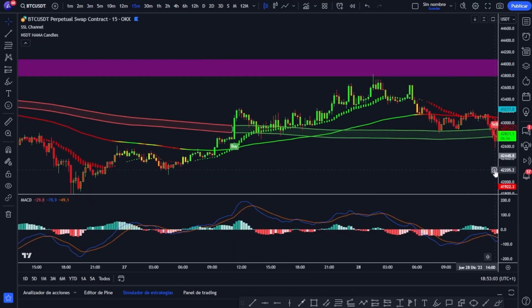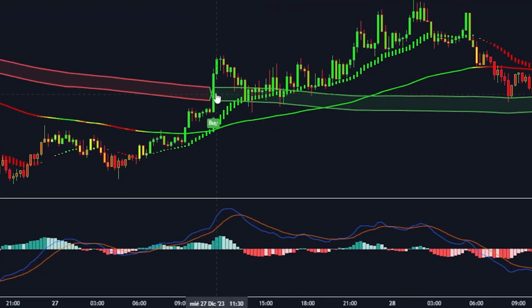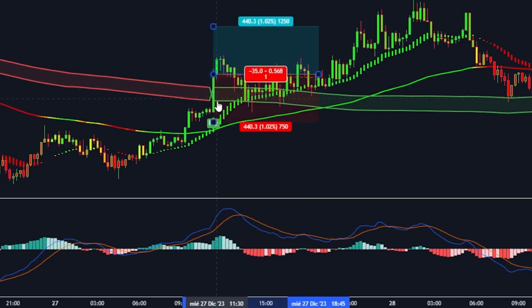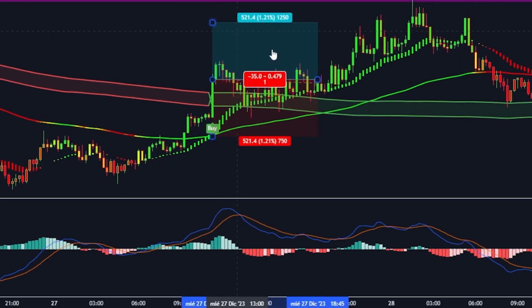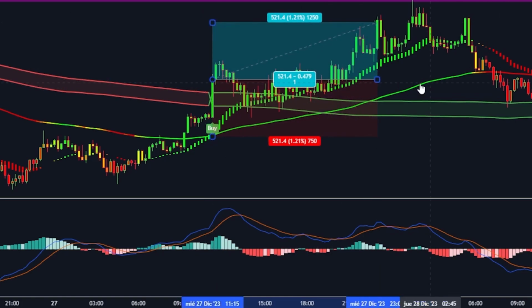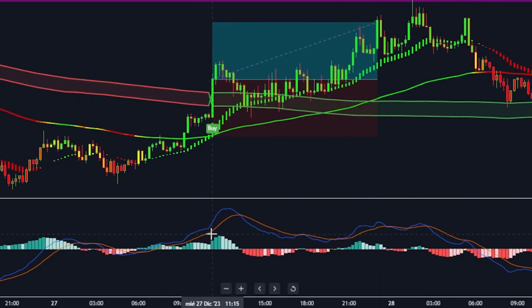For example, in this one, we have the buy signal right on this candle, which is already completely bright green. And if we look at the MACD, we see that the histogram is rising. And besides, the MACD signal lines haven't crossed yet. So we can interpret that we could have a good entry, place the stop loss below the previous structural lows, or directly below that moving average, and again take those profits with a 1.1 ratio to secure gains, especially since we entered when the MACD was already in a fairly high positive zone, avoiding complications if the price reverses, like